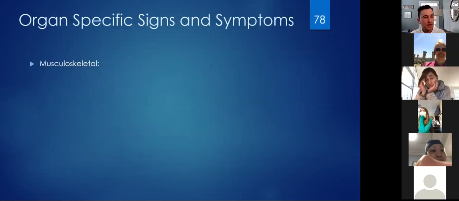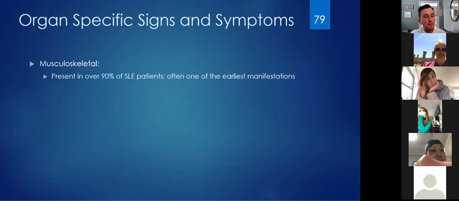Okay, so I want to quickly go through some other symptoms, but I'm going to go through this fast because basically you can take any part of the body and just add the word itis to it, and lupus can probably do it. It virtually affects any part of the body. So I'm really just naming body parts and adding itis at the end, but we'll go through a few and show a few examples.